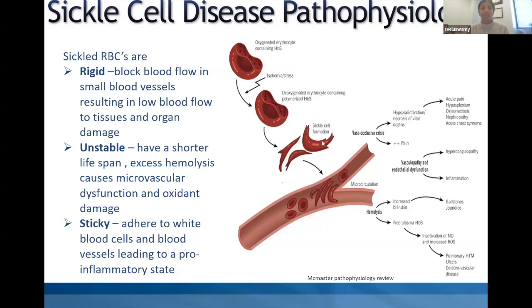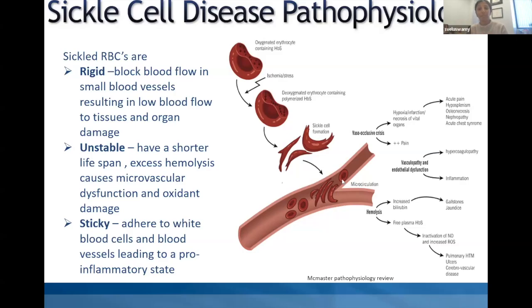Now, what is so different about these sickle cells is that these sickled red blood cells are very rigid, so they're not able to navigate the capillaries. The capillaries are really the smallest unit of your blood vessels in your body, and so they're very narrow, and normally the red cells have to squeeze through them to pass through, but the sickle red cells are not able to do that effectively. And so they can get stuck in these narrow vasculature, and when it gets stuck there, that's when you have